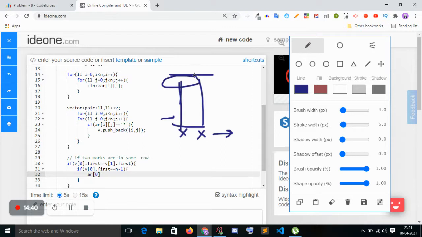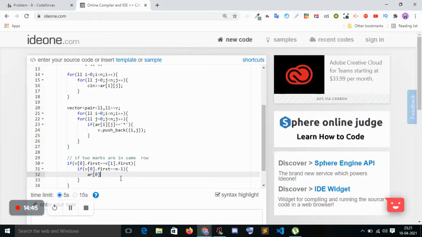I will choose 0, because it makes rectangles, so don't worry about that. So array of 0, where array is my char array, and our column is the same.